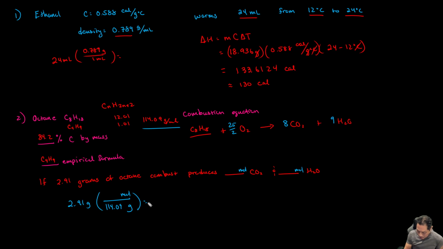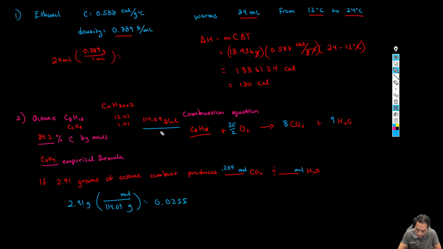114.09, and let's do that. So 2.91 divided by 114.09 will give me 0.0255, and then it keeps going on. Now, like I said, let's just keep it in our calculator, and I'm going to multiply this with 8. So that means I'm going to get